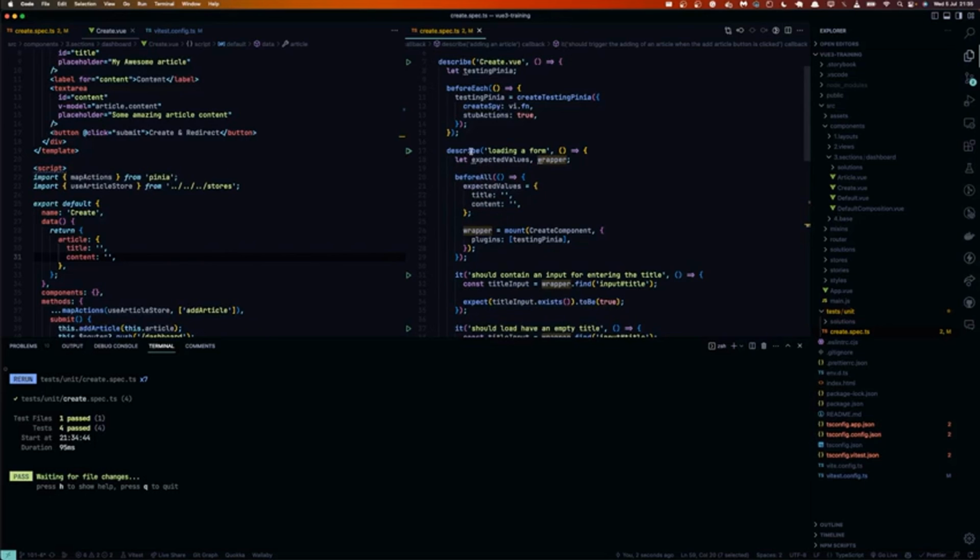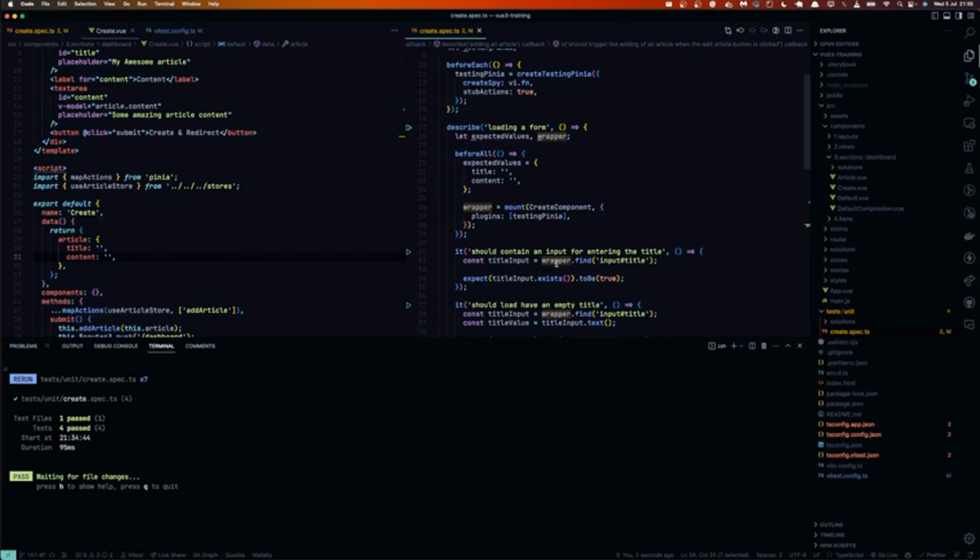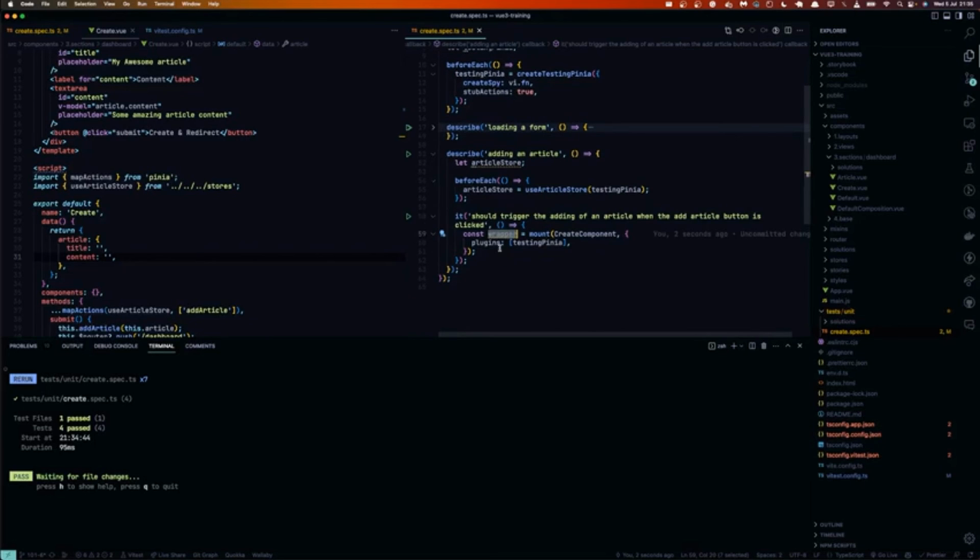So in this case, every single test was relying on the same wrapper. But in this case, we have the test being the only thing that's relying on the wrapper, so we can create the wrapper inside the specific test. So once we have our wrapper, we want to set the value of our title, and we want to set the value of our content. So our title could be maybe the article title. So we can say